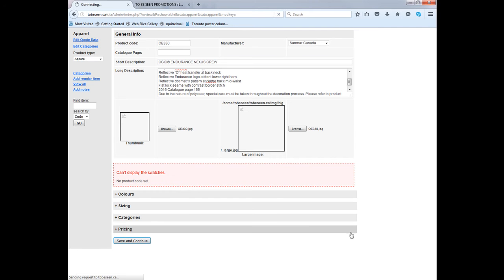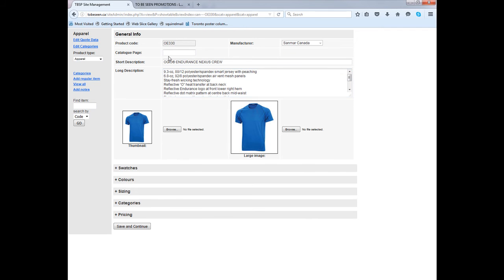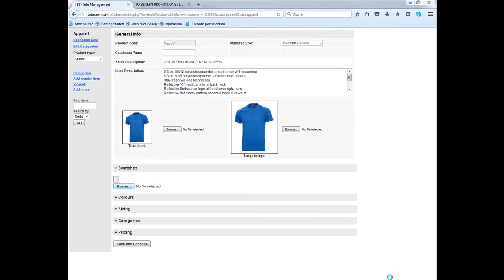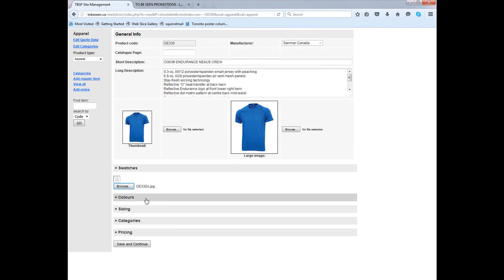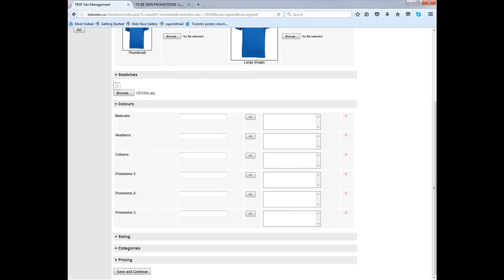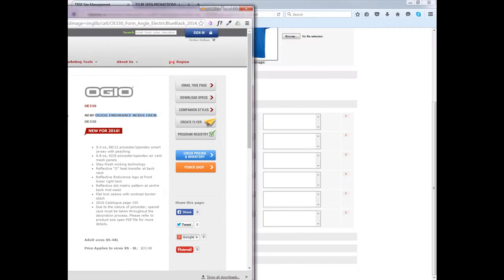So click save and continue, and then it looks great. Now you are sure that you can move on to the next step, which is swatches. Click browse, and we already have our swatch saved, so select that one. And now for the colors, you can find the colors on the website here, but